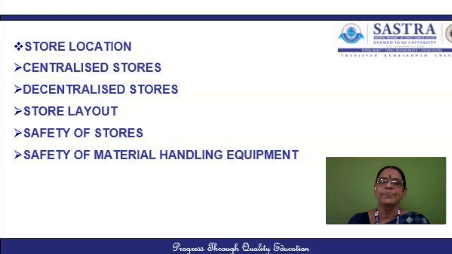The racks should be designed properly to accommodate the materials in a scientific manner. Once again, safety precautions in the rack should be made, and if it is not adequate enough, then there must be some guard on the sides of the rack to prevent the goods from falling. So materials falling from the racks is a common cause for accidents, and it can be easily controlled by having proper racks and proper safety precautions in the racks.